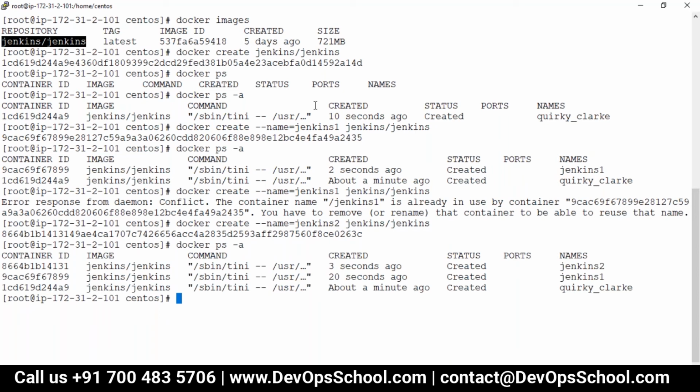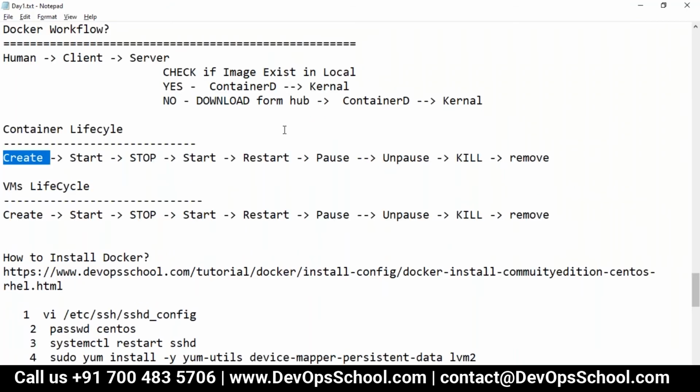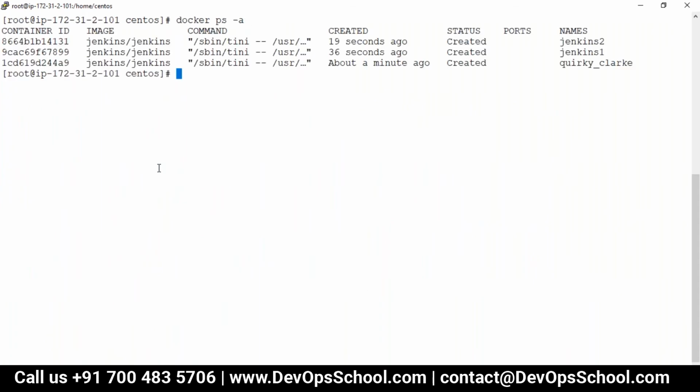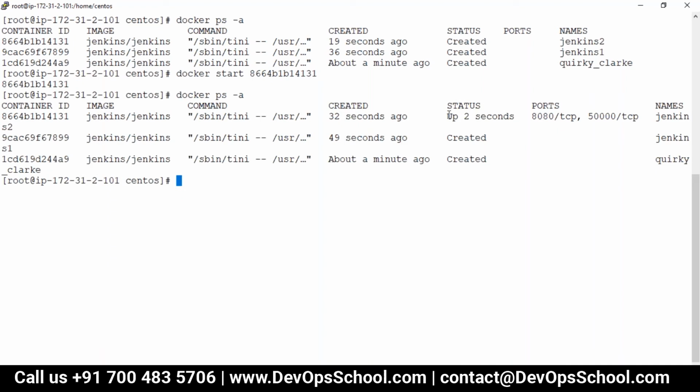Look at the status column, that is important. Right now it's created. So, guys, creating is so easy. I created 3 containers. Now I'm going to start a container. So docker start, of course, with the container ID. You can use a name or container ID, both, that's not a problem. So I use this container ID here. See here, look at the status. Now it is running. This is the way you can run the container. Like that, I will use one more container to start this. So right now I have 2 running, 1 is created.